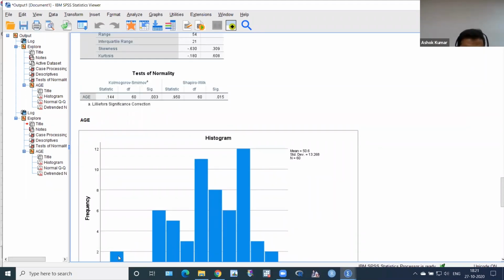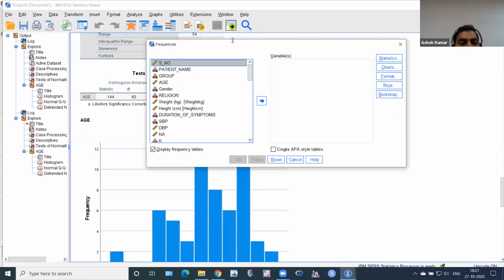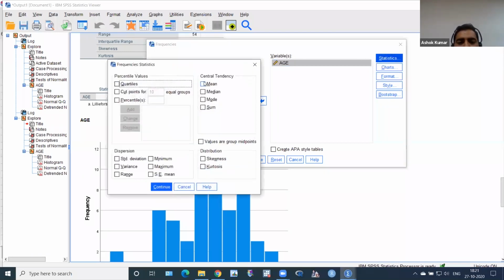I want to draw a bell-shaped curve line here. So I click Analyze, Descriptive Statistics, and then Frequencies. I want to check the normality or histogram of age, so I click age, then the arrow, and it comes in the variable box. Then there is Statistics.